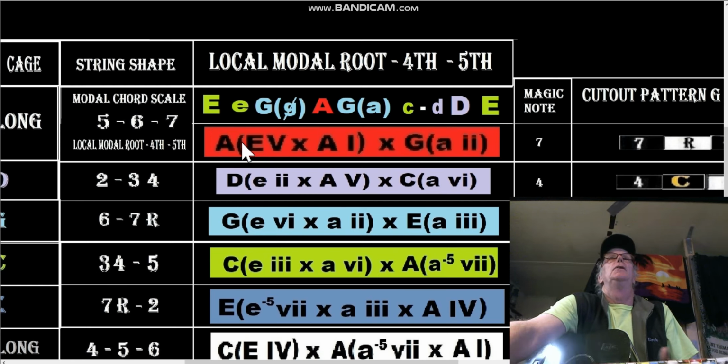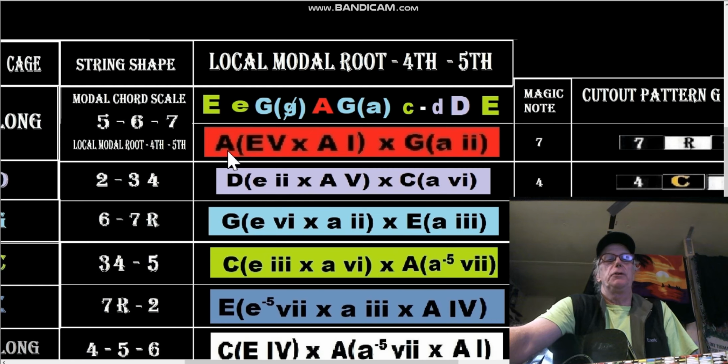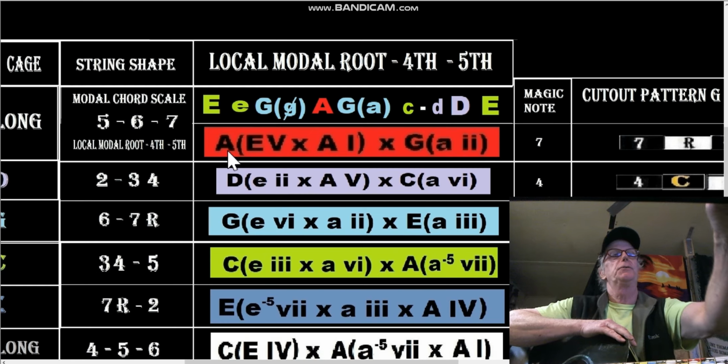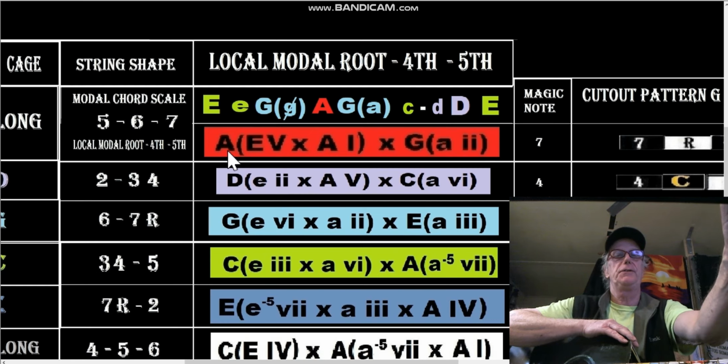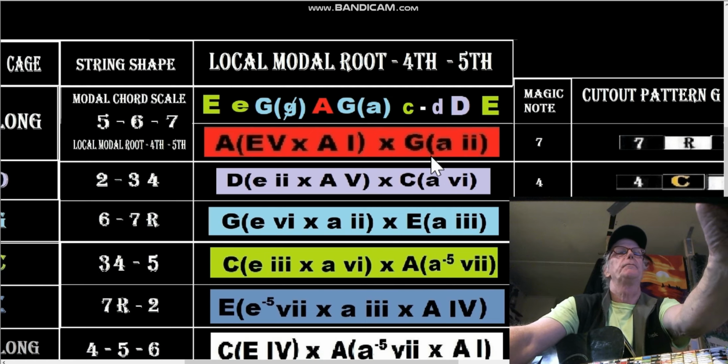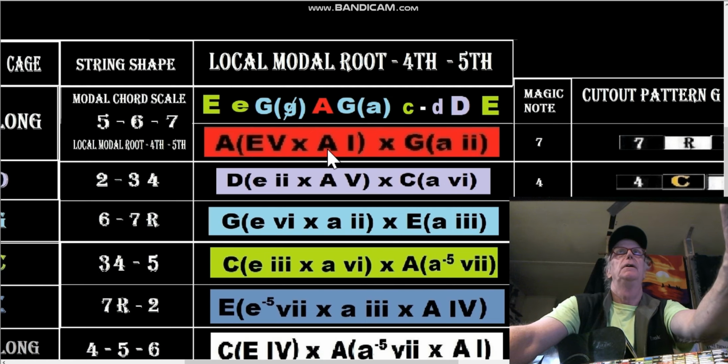Okay, we start with the Mixolydian now because we're working with the Mixolydian system. So its 1 is 1 dominant, its 4th is C major, and its 5th should be the second minor. Okay, so here in the A box we have an E-shaped 5th, an A-shaped 1, and then in the G box we have an A minor shaped